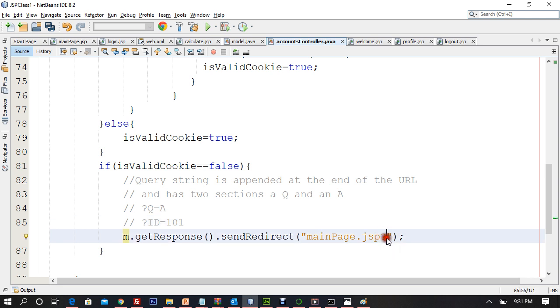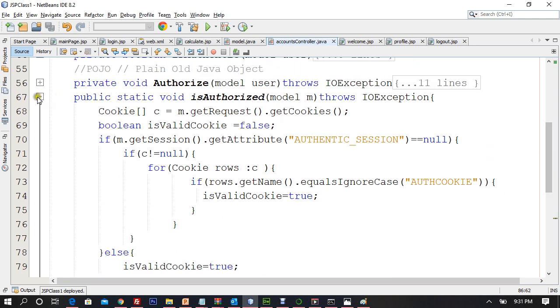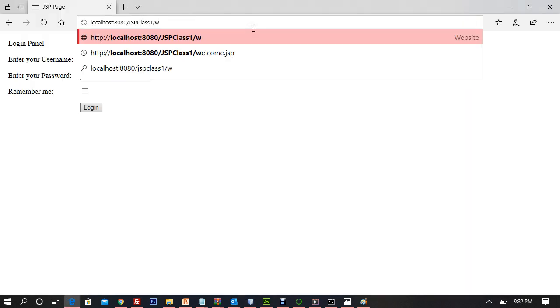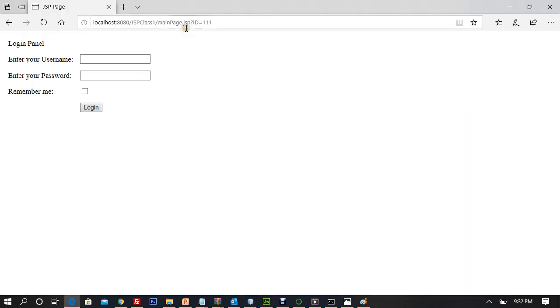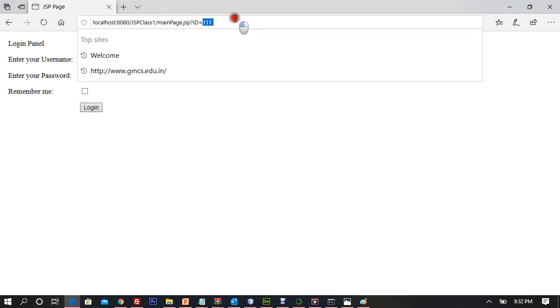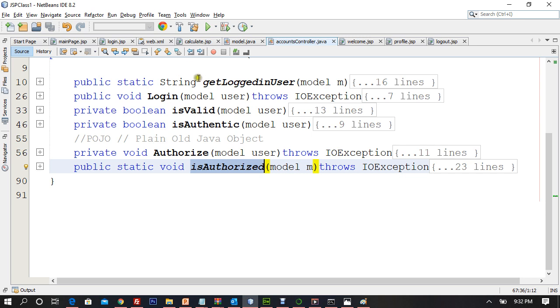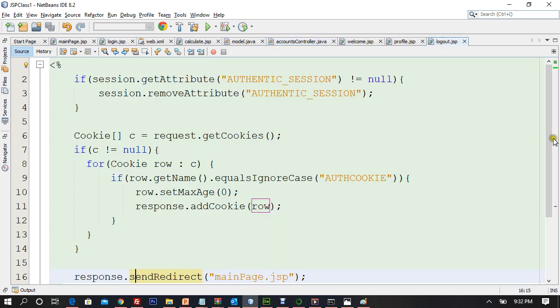Now I have a question mark, and I pass ID equal to, let's say, 111. Now let's see what happens. Which function are we in? What is the name of the function? It is authorized. If I go to the welcome page now, I am redirected back with an ID 111. Please remember what we have done. And number two, if I go to log out now,